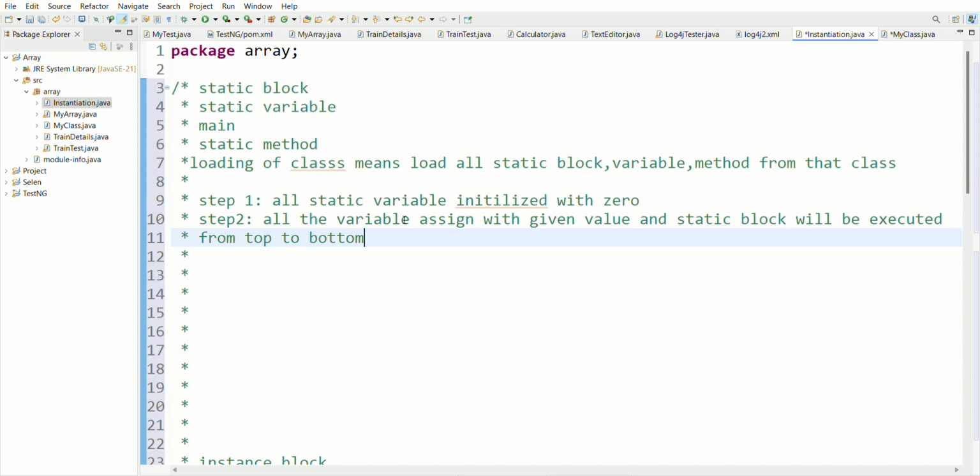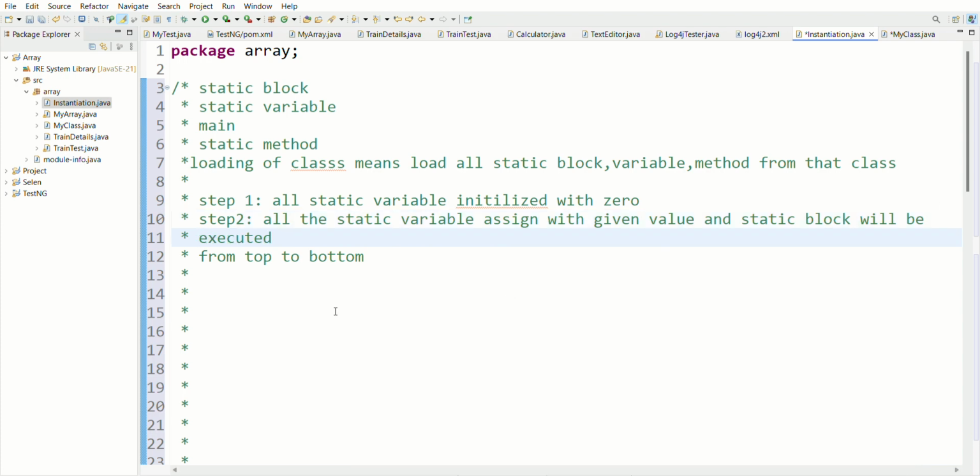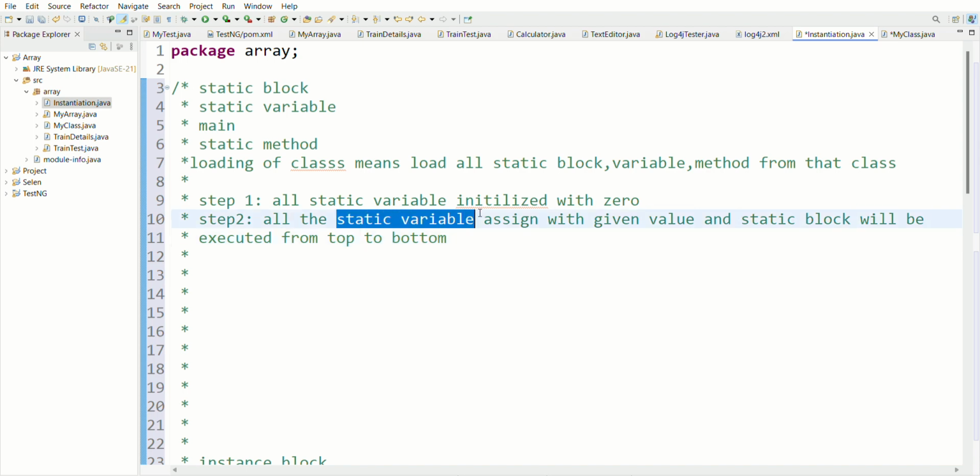Now let's see the second step. I have already told you that I am discussing only the static members here. I am not discussing the instance right now. Let's forget the instance, whether there is any instance in our program. Let's only discuss the static variables. Don't discuss the instance right now. I will discuss the instance after some time. Let me discuss the static variables only first.